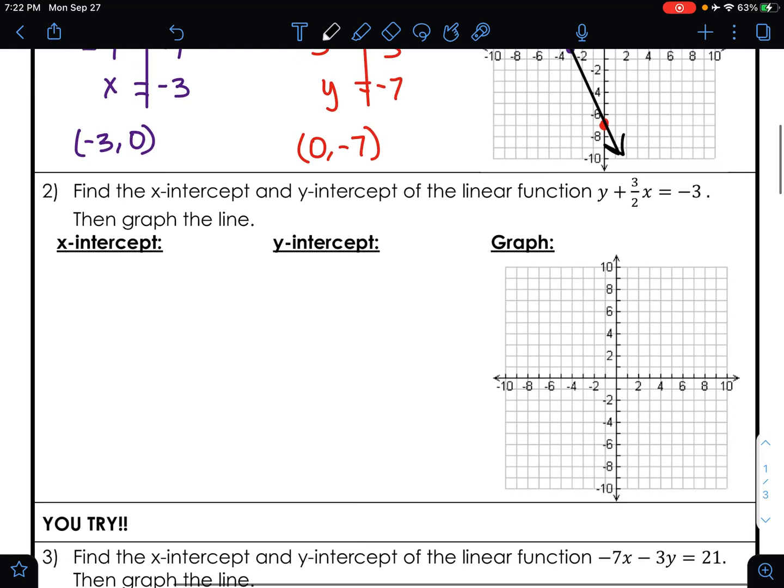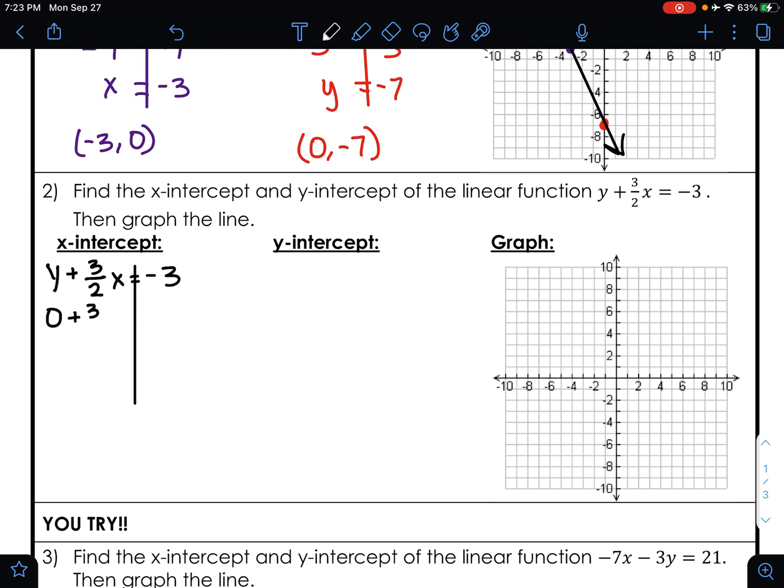Moving on to example number 2, find the x-intercept and y-intercept of the linear function y plus 3 halves x equals negative 3. So, again, I'm going to start by finding the x-intercept. To do that, I plug in 0 for y. So I have y plus 3 halves x, which is equal to negative 3. I'm going to draw a line through my equal sign. I plug in 0 for y, which leaves me with 3 halves x